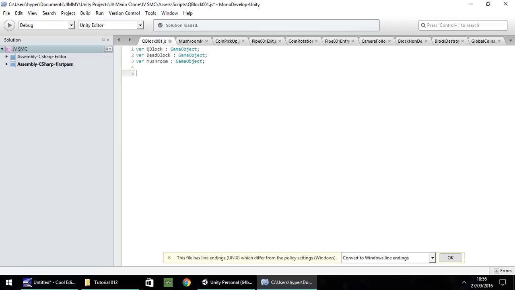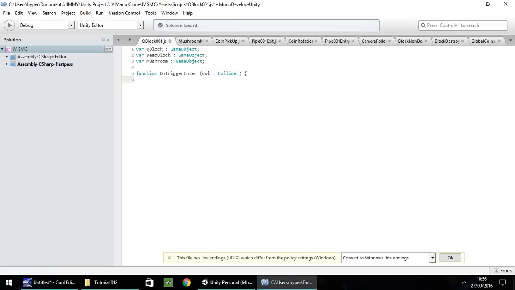Now the function we're going to use here is on trigger enter. So function on trigger enter, and we've used this before, as you already know, in previous scripts. Open curly bracket, call collider. Remember, case sensitive there. Open bracket. Now what we need to do first off is we need to set active the dead block.